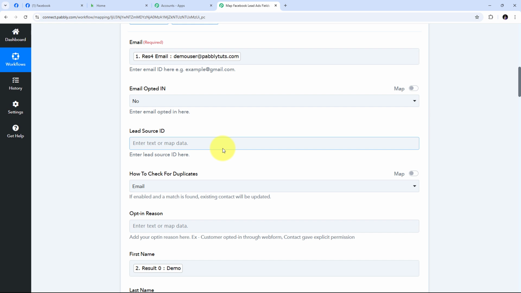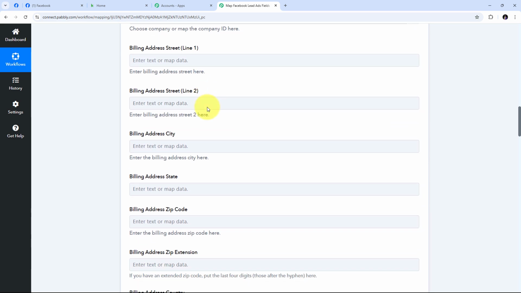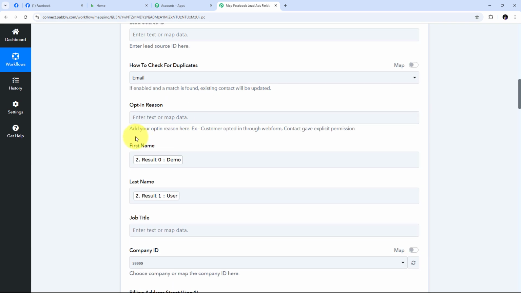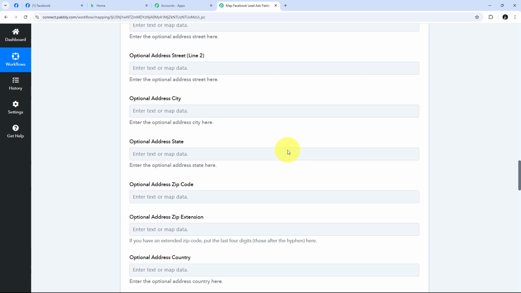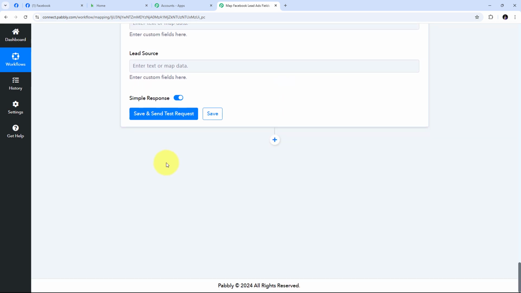And now as I have mapped all these details, every time I'm going to receive a new response of a new lead through Facebook lead ads, automatically all these details that I've mapped here will get replaced with the new lead detail in real time, and with the new lead I'm going to create a new contact in my Keep account. Now that I've filled all the required details, I'm going to scroll down and click on the Save and Send Test Request button,